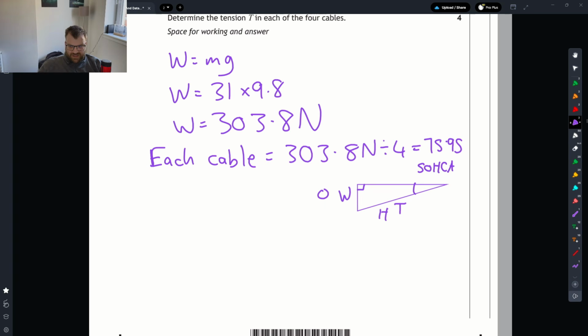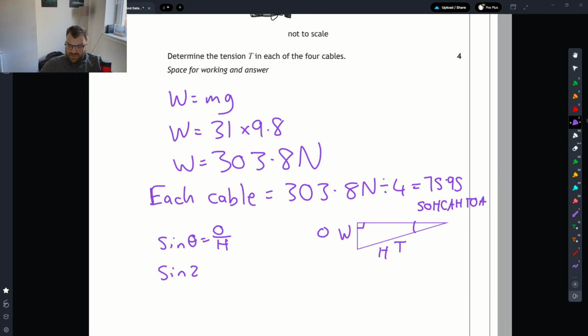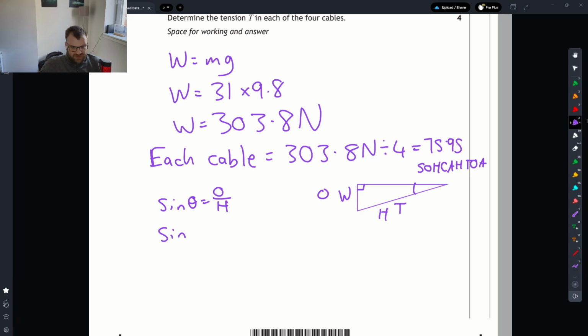So soh, cah, toa. Sine, yes, it is sine. So that means that the sine of theta is opposite over hypotenuse. So sine is going to be our weight, which is 20. Nope. So the sine of 12 is going to equal